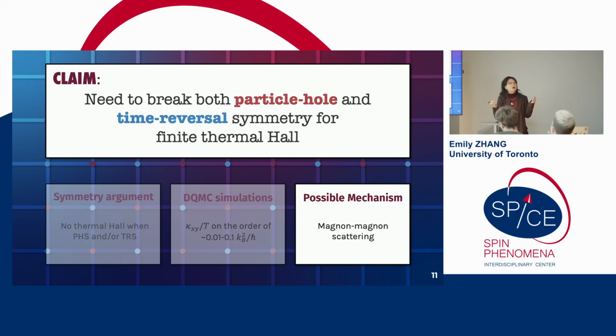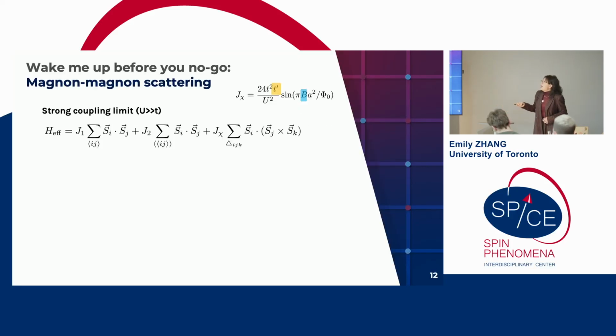Okay, so how do we get around the no-go theorem? We explored a possible mechanism, which is magnon-magnon scattering. If you do a strong coupling limit expansion, so a strong U expansion, you project out all of the doubly occupied and empty states, and you get an effective Hamiltonian at the lowest order, which is J1, J2, and J chi. And notice here that J chi actually depends on T prime and B. So if you don't have particle-hole symmetry breaking and time reversal symmetry breaking in your parent Hamiltonian, then J